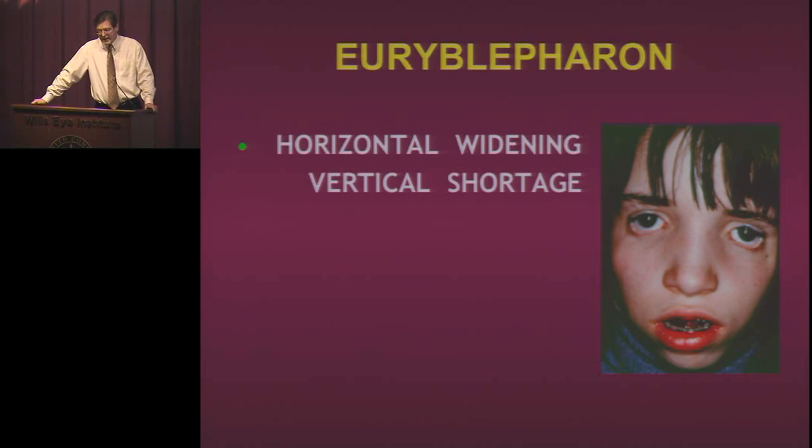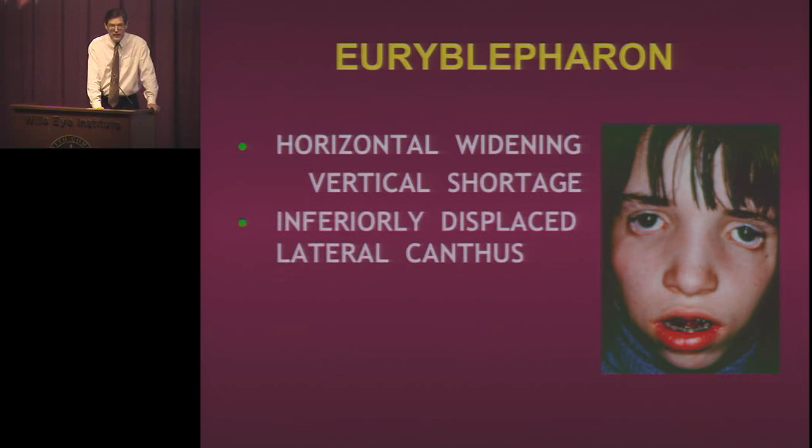Okay, euryblepharon is an interesting thing. You have a widening horizontally, and you have a vertical shortage. So the lid is longer, but it's also being pulled downward. There's a skin shortage in many of these children. And look at the lateral canthal tendon. It looks slightly lower than the medial canthal tendon. That's not the normal. You'll be hearing tomorrow, the lateral canthal tendon is usually like 2 to 3 millimeters higher than the medial canthal tendon. So when it slants down like this, that is a sign that it could be euryblepharon or a different abnormal